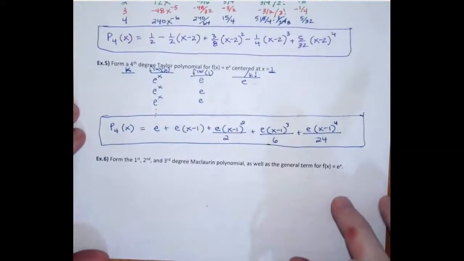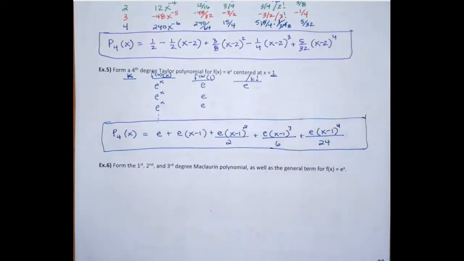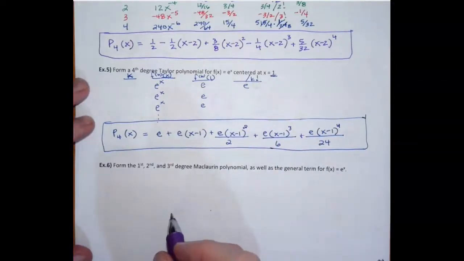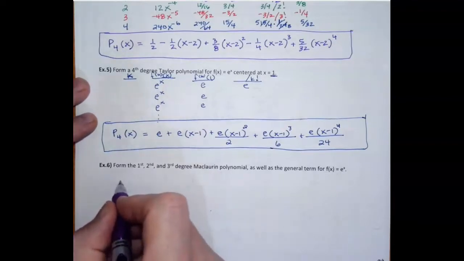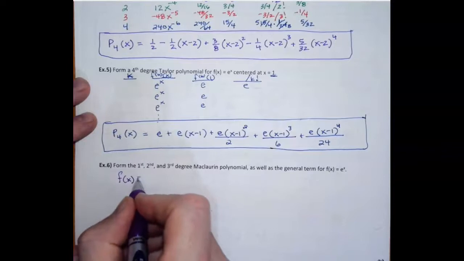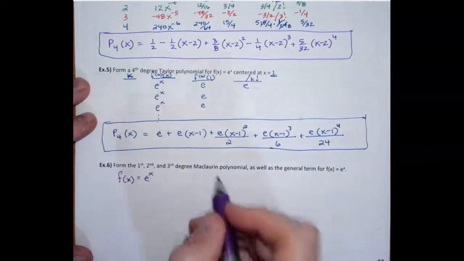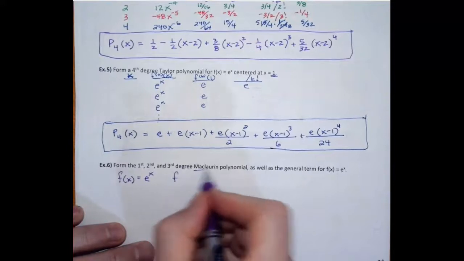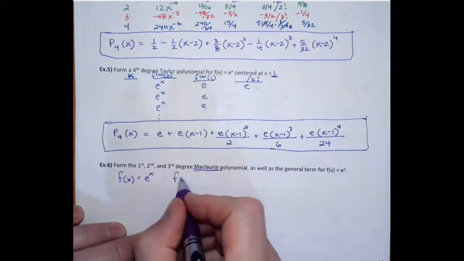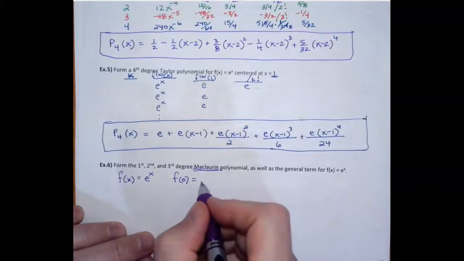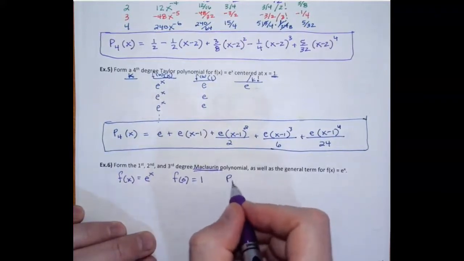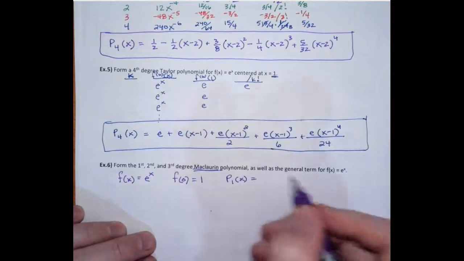Alright, and last one, we're going to do the first, second, third degree Maclaurin polynomial, and then we're going to talk about the general form for any. So let's do them one at a time. We have the function e to the x, and if we evaluate that, because it's Maclaurin, at 0, we have e to the 0, which is 1. So our first degree polynomial